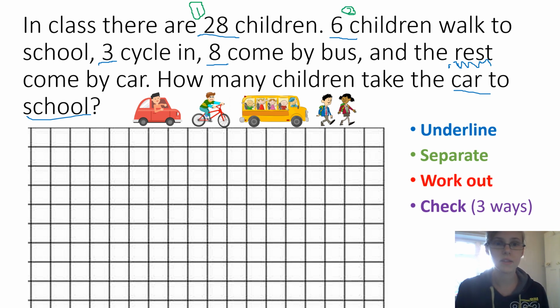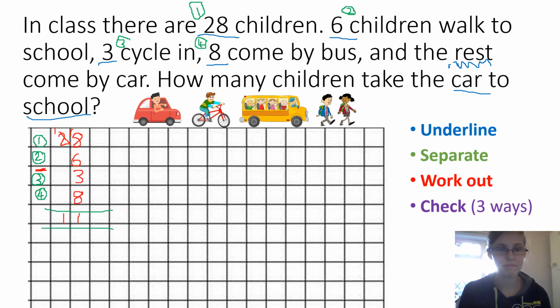So we take away the 6, we take away the 3, we take away the 8, and then we will work out the rest by getting that answer. Let's have a try. I'm going to let you do it yourselves and I'll show you my answer if you pause it now. Okay, so you can see my working out here,